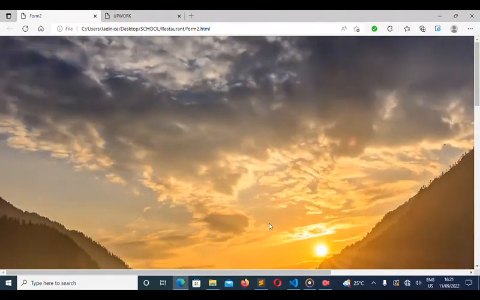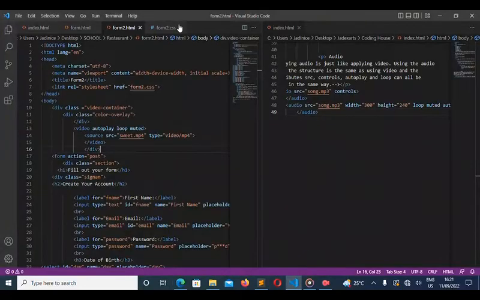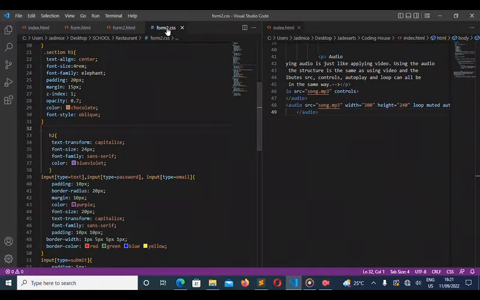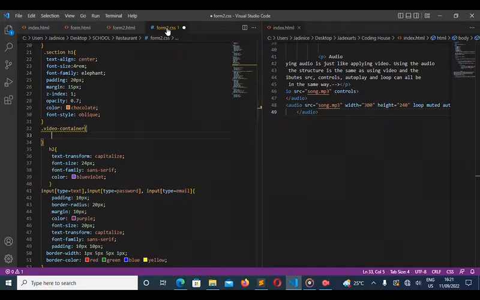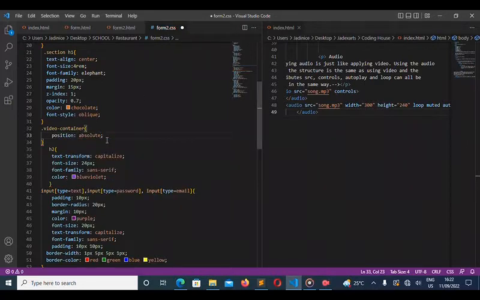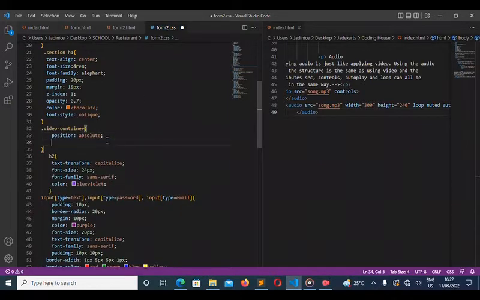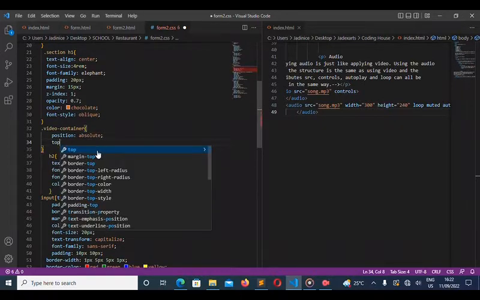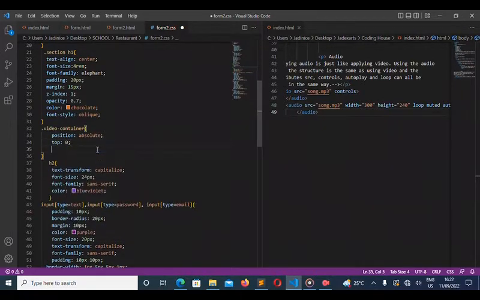That's where CSS comes into play. So we go to our CSS, and then I'll call on the video container, and the position should be absolute. Top should be 0.